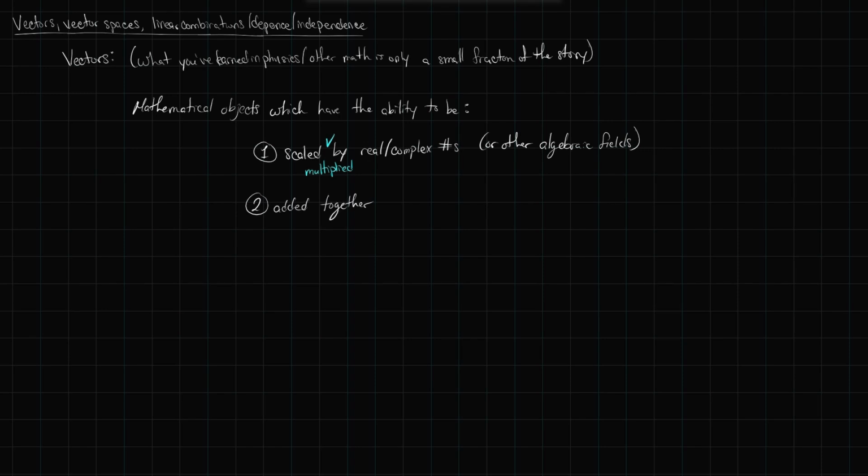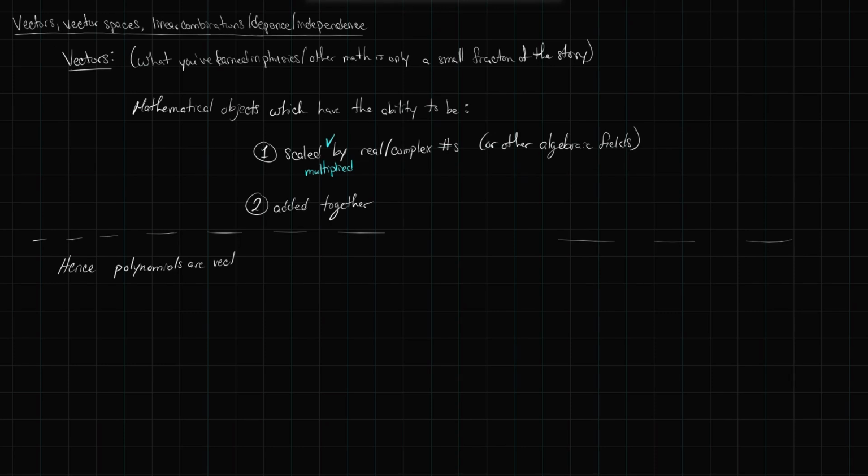That's it. Any mathematical object which satisfies these two properties is a vector. It does not have to be written as a vertical column with a parenthesis on the sides and some numbers inside of it. As long as a mathematical object has the ability to be scaled or multiplied by real or complex numbers and added together, it's a vector. So, hence, polynomials